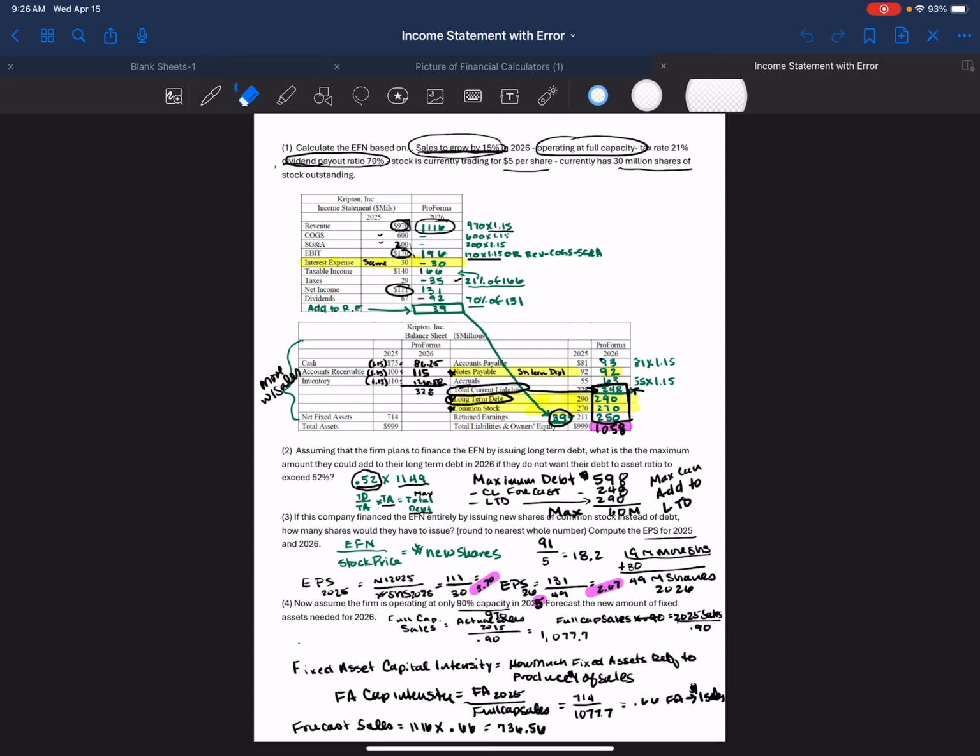So for this particular problem, sales are assumed to grow by 15%. Cost of goods sold and SG&A move directly with sales, operating at full capacity. For this particular problem, dividend payout was assumed at 70% of income. Stock was currently trading for $5 a share, and there are 30 million shares outstanding. So as of 2025, we have 30 million shares outstanding at $5 a share, and that's going to be different for each of the different